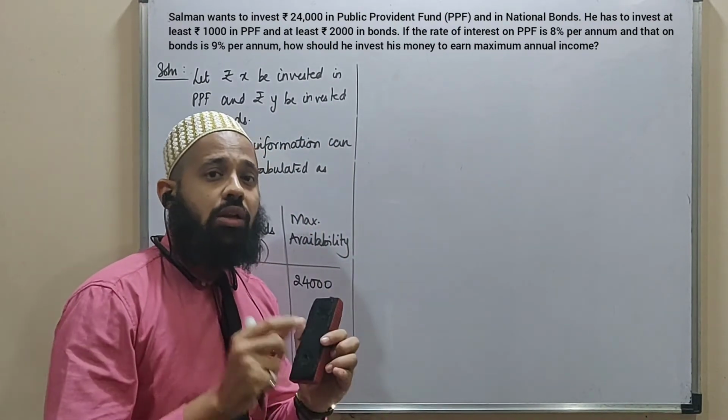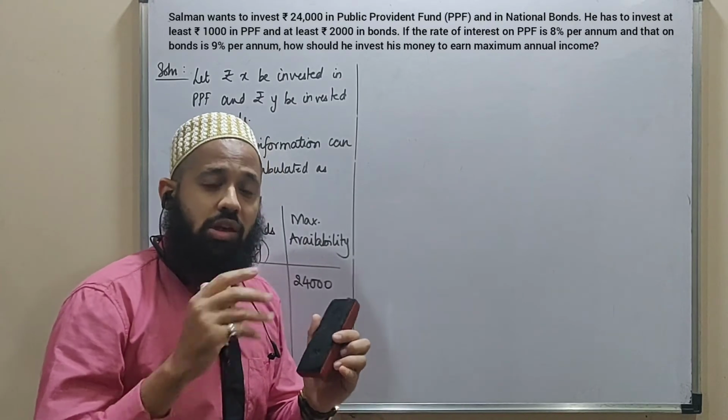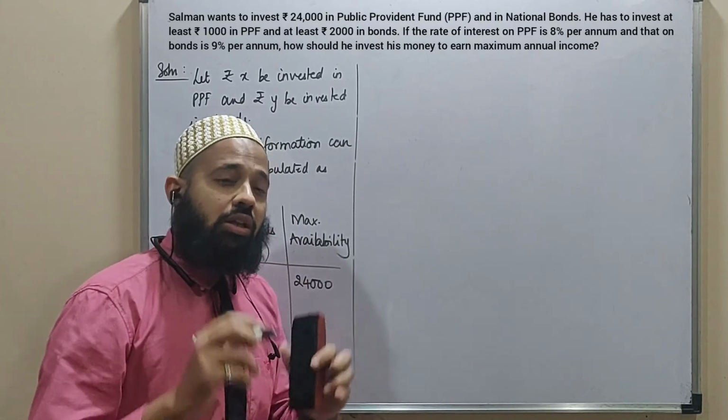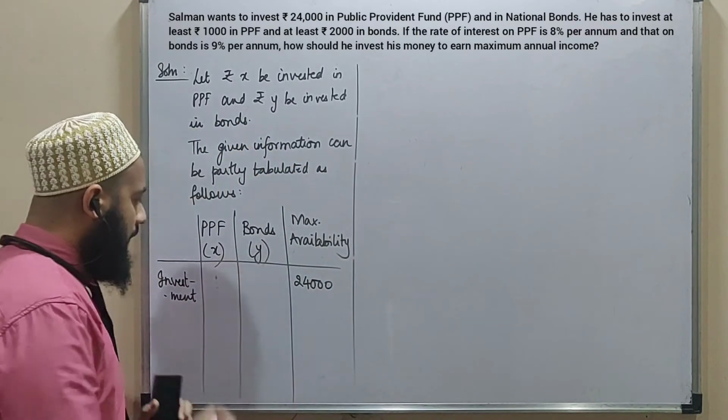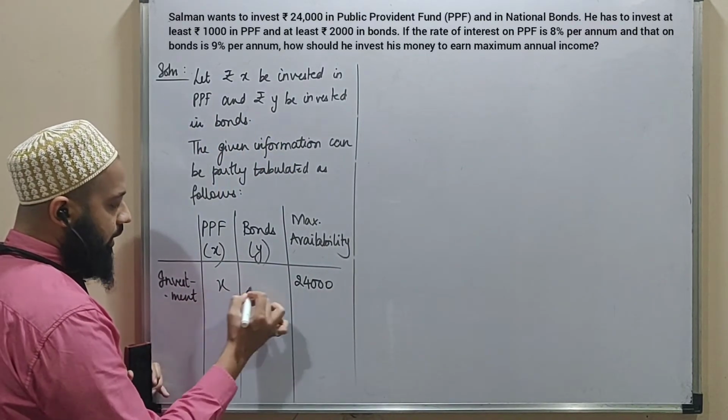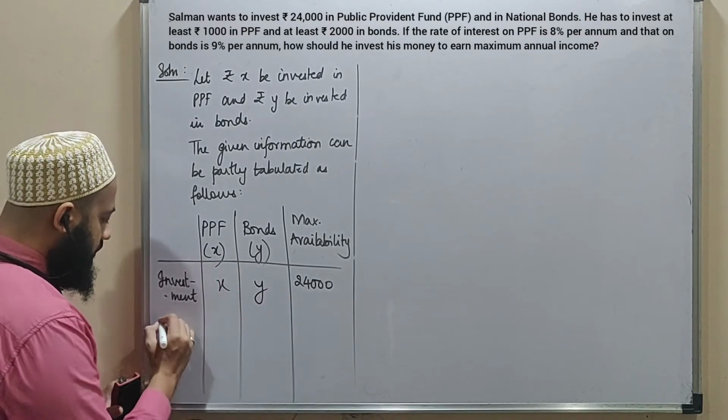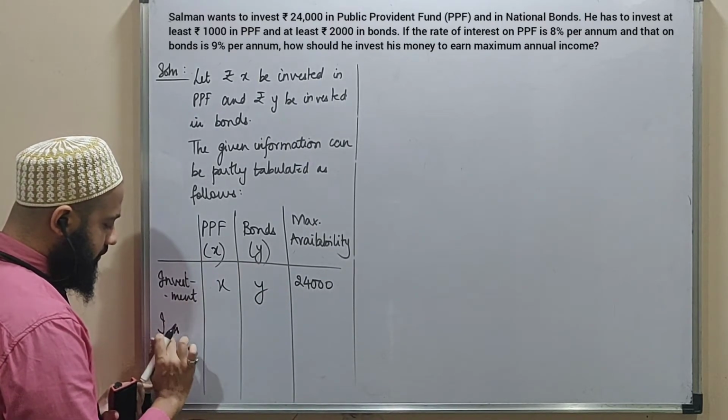And then when you read the final statement which says you have to maximize the income, you understand that this is still a sum of maximizing profit or income. So that can come under the table. By the way, there will be an X and Y here. And the income I'm looking for maximizing.